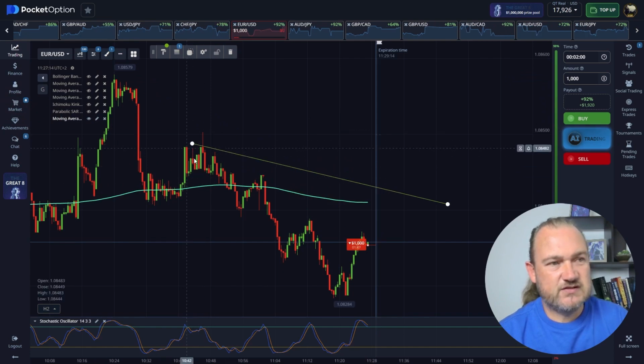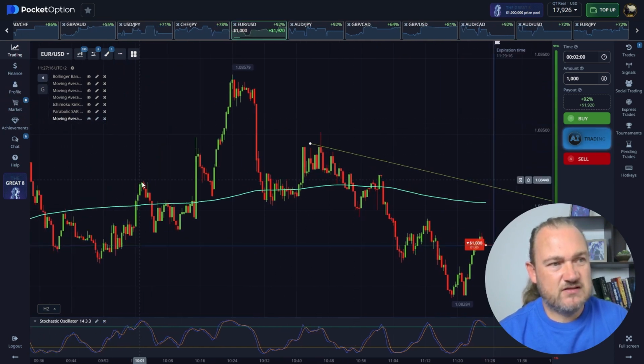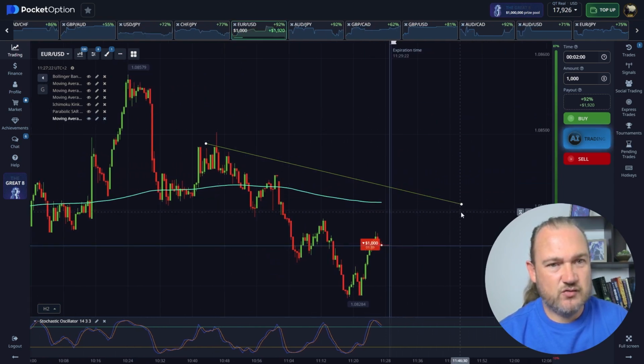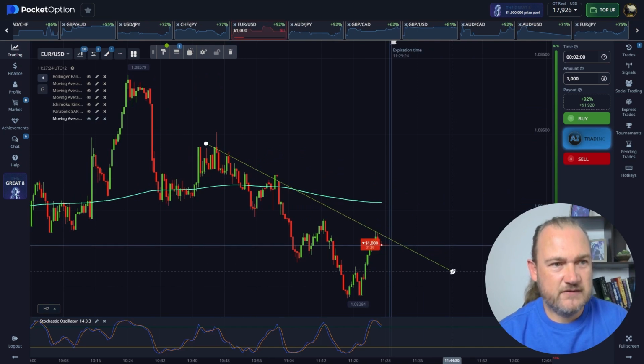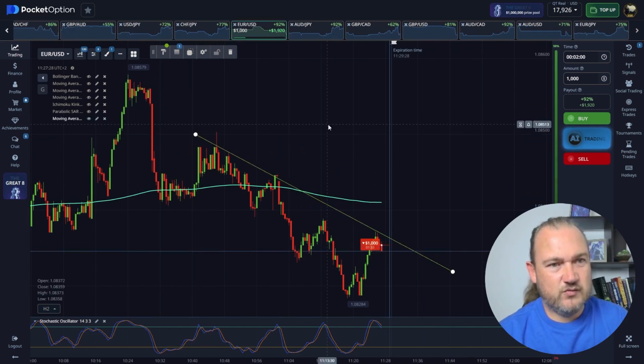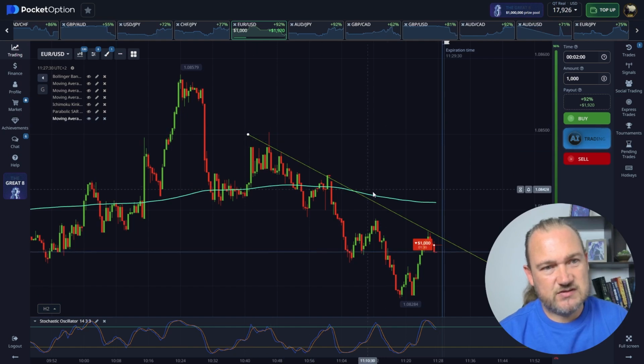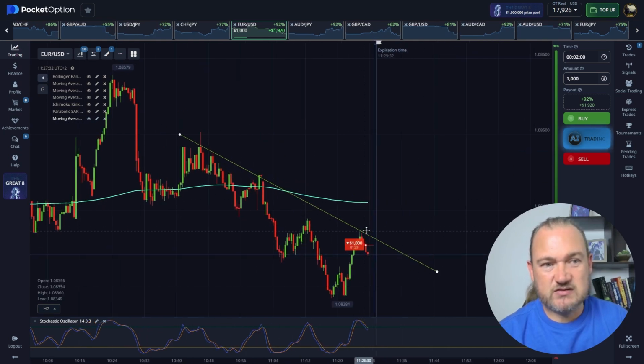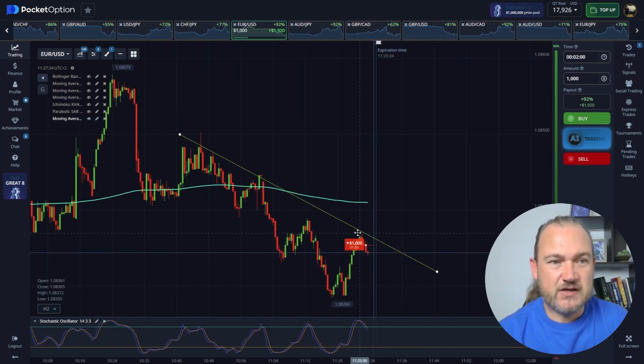Okay, so this was the first new low. We can see this was a higher high. This was a lower high, so that's the first new low, lower high. And if we do this, just roughly, we can see that this was a support area where the price was turning as well. So we made a lower high